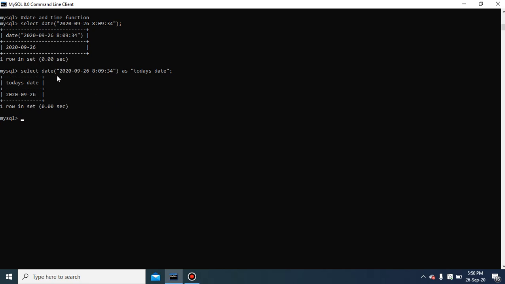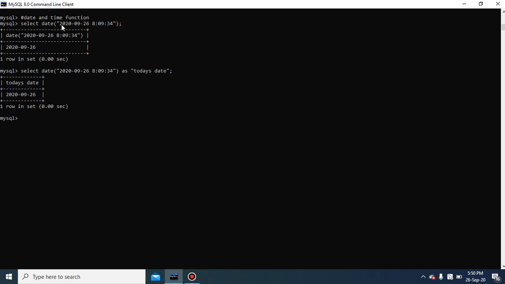Previously, what we had written was coming as the heading. Now I have made what you have written as a column heading into a column alias, today's date. So this time the column alias, the reference name, will come as the output. In whatever way you have to find the output, you have to take care of what the select statement in the question says. So the date function returns only the date part from the date and time parameter.